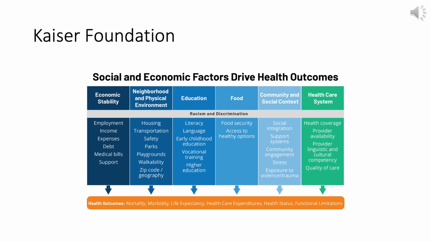Here we see some of the specific examples that we mentioned before, which is thinking about economic stability. Are people employed, receiving income? Are they able to manage their expenses and pay medical bills if they incur them? Are they able to pay for support that they need to help their family succeed? The second would be looking at the neighborhood and physical environment. That is, do they live in safe housing? Do they live in appropriately sized housing that allows for sanitation, access to transportation so that they can get to and from school, to and from work, to and from healthcare? Do they feel safe? Do they have access to parks and playgrounds, not only for physical health, but also building